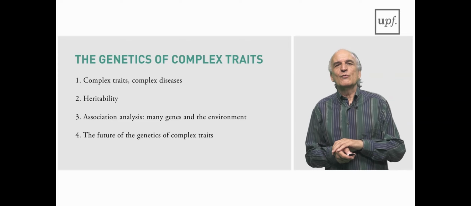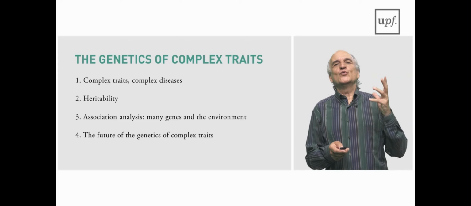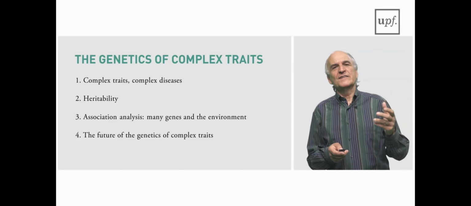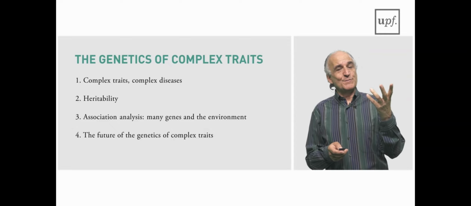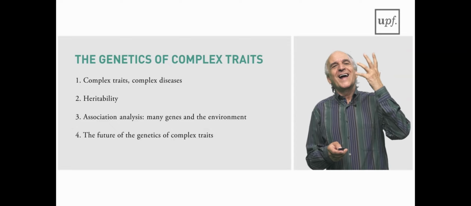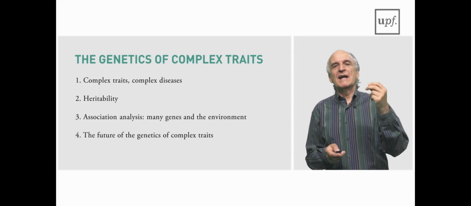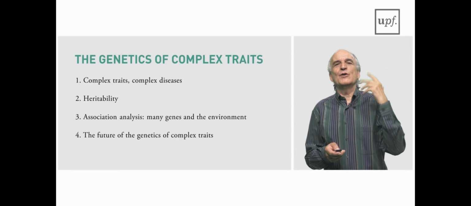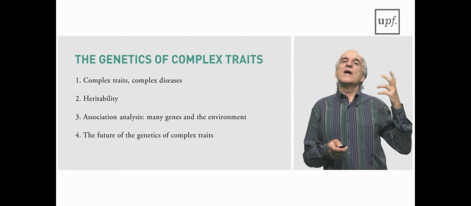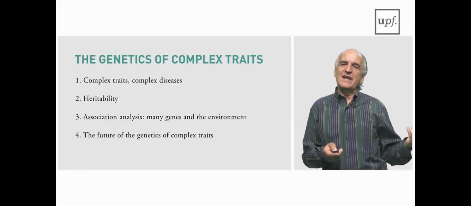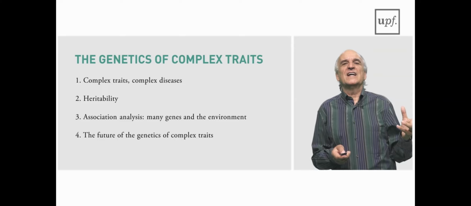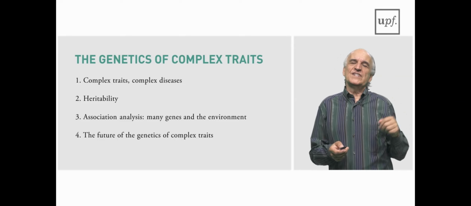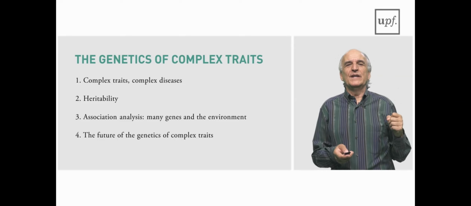So here today we are going to see how the genetics of complex traits works, how we know that a given trait is transmitted. There is a heritability, meaning that it runs in families because of genes. And today lots of geneticists are working on that,